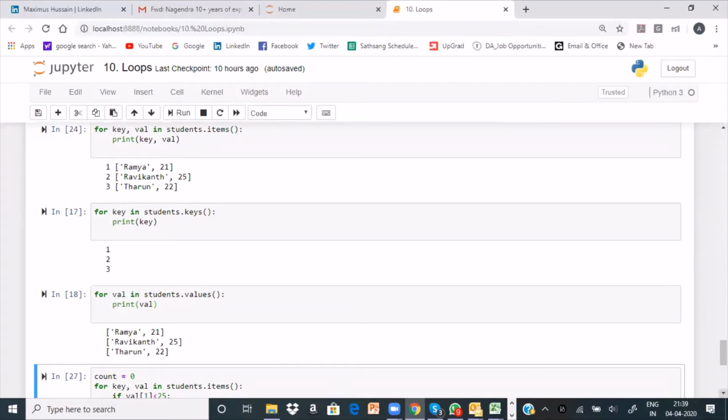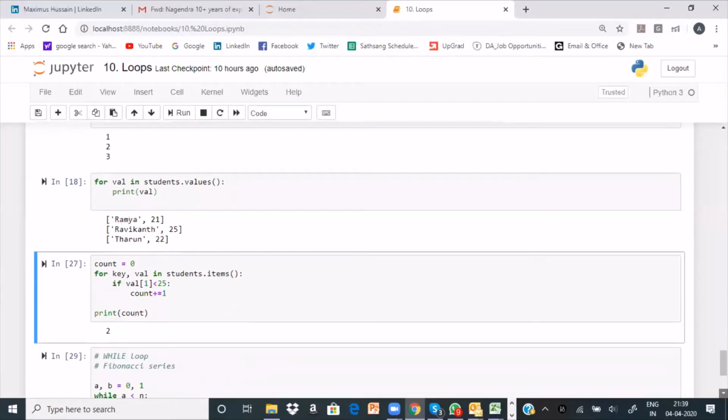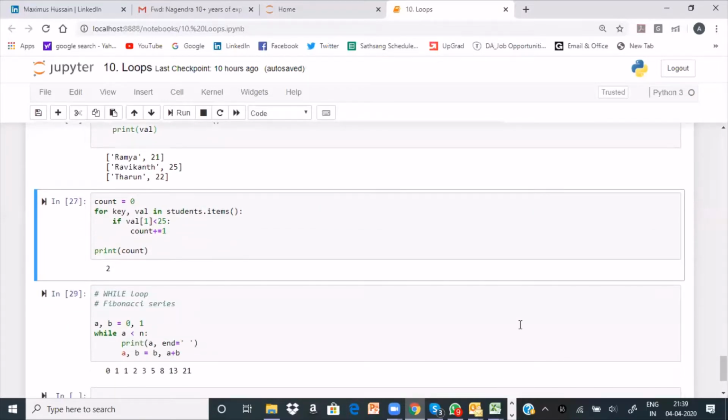Now another loop left out is the while loop. So this is just to basically access the values in this one. What can be printed, that is how it is. You can try this. I don't want to get into that logic part because we already discussed it. Now looking into the while loop, I want to print a Fibonacci series.